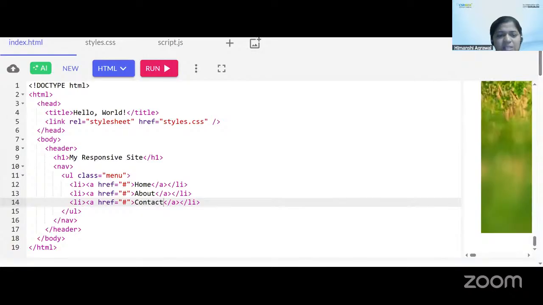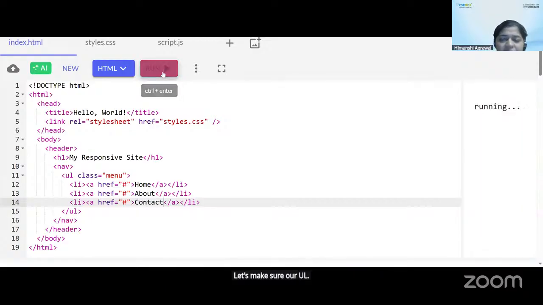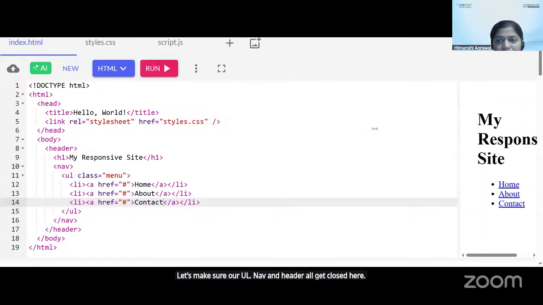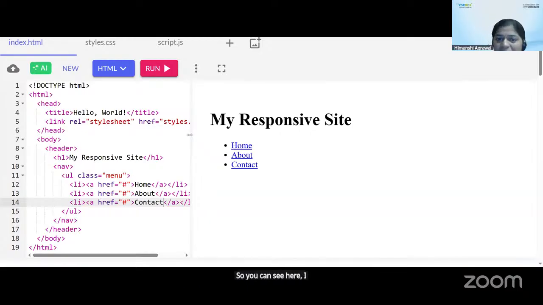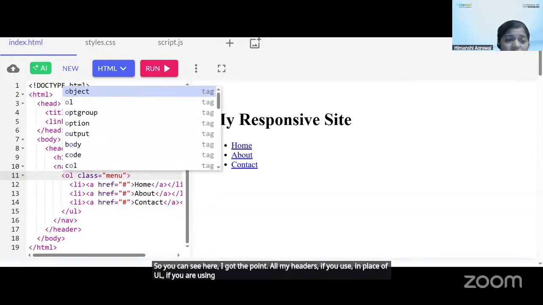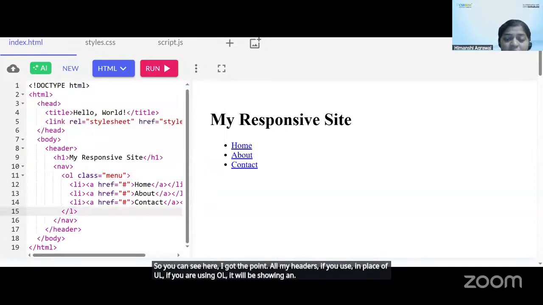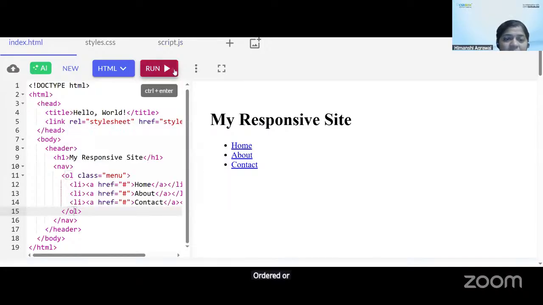Okay, so in this manner we have added three navigation bars. Let's make sure our UL, nav and header all get closed here. So you can see here, I got the point. In all my headers, if you use OL in place of UL, it will show an ordered or numbering kind of a list. It will be like this: